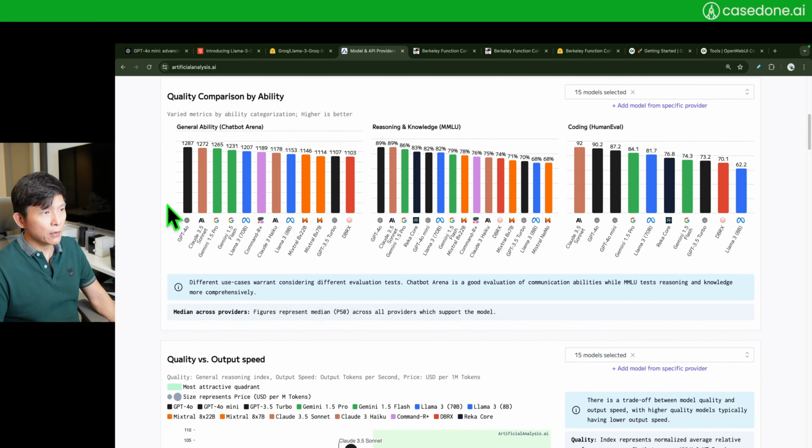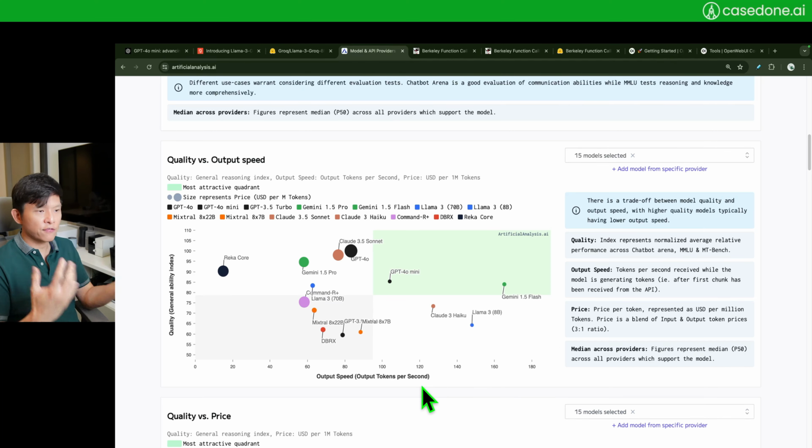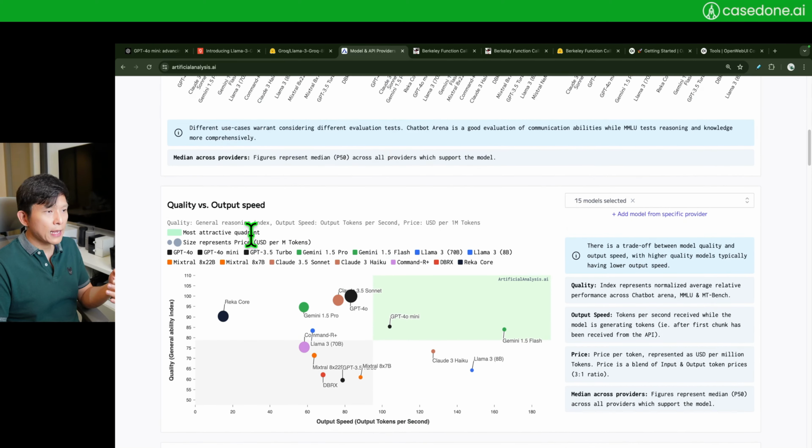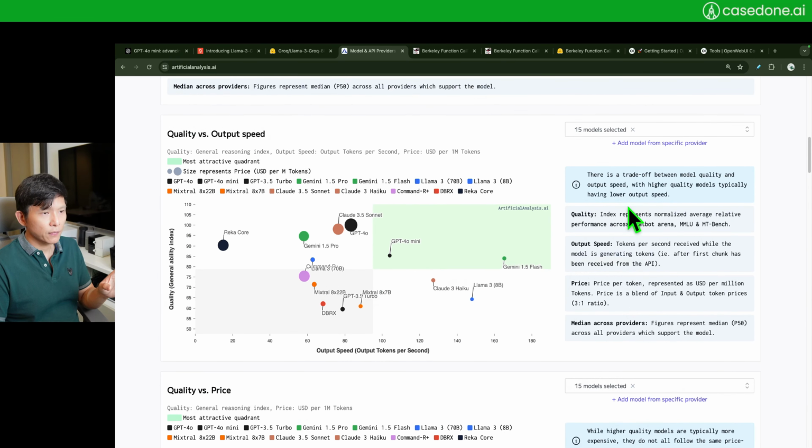On the x-axis, you have output speed. How fast can the model produce tokens? You want the model to output tokens really fast. And by charting this, you can see that the most optimal region, the most desirable region, is the top right